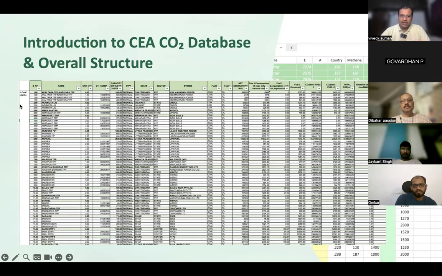In this case, we are looking at coal or lignite. Then you have a serial number for the particular location we are talking about, and then that location's details are there. The name is there. How many units are there? That is listed there. That's why if there are 3 units, you will see the names repeated 3 times. Can you see that? If there are 3 units of electricity generation happening at